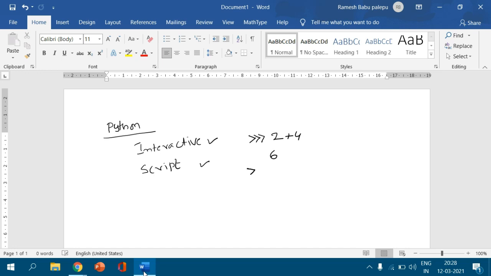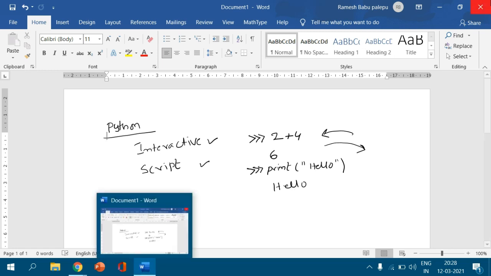In the same way, I am going to type print hello and press enter. It immediately prints hello. So whenever we give an instruction to the interpreter, immediately it generates the output in interactive mode.